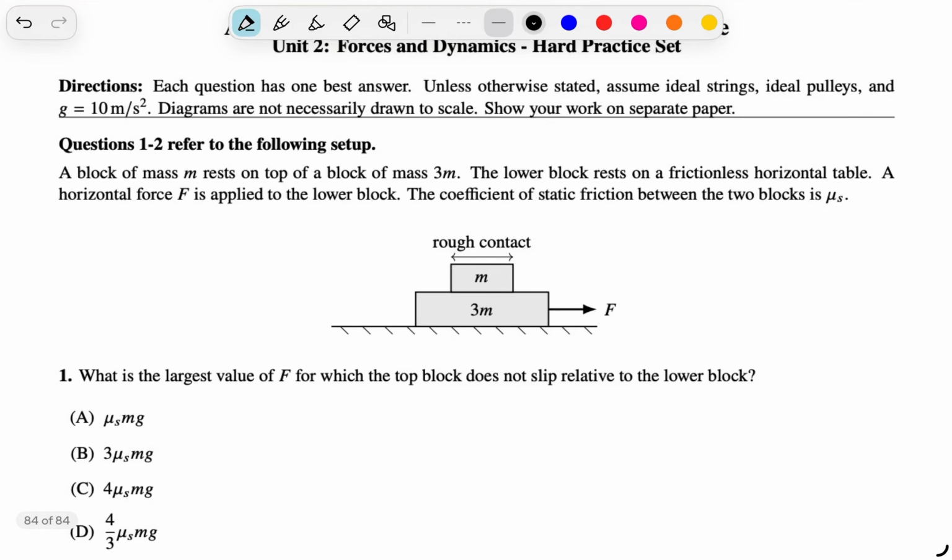In this video, we're going to be solving 10 MCQ problems for Forces and Dynamics, Unit 2 of AP Physics 1. And if you want to follow along, you can go into the description and download the problem set